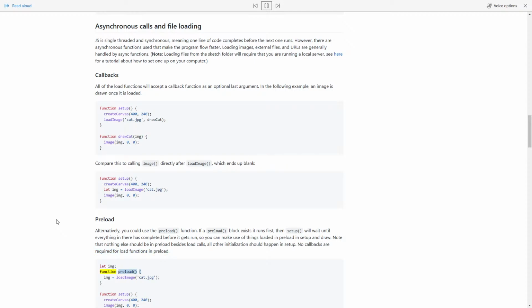let img; function preload() { img = loadImage('cat.jpg'); } function setup() { createCanvas(400, 240); image(img, 0, 0); }